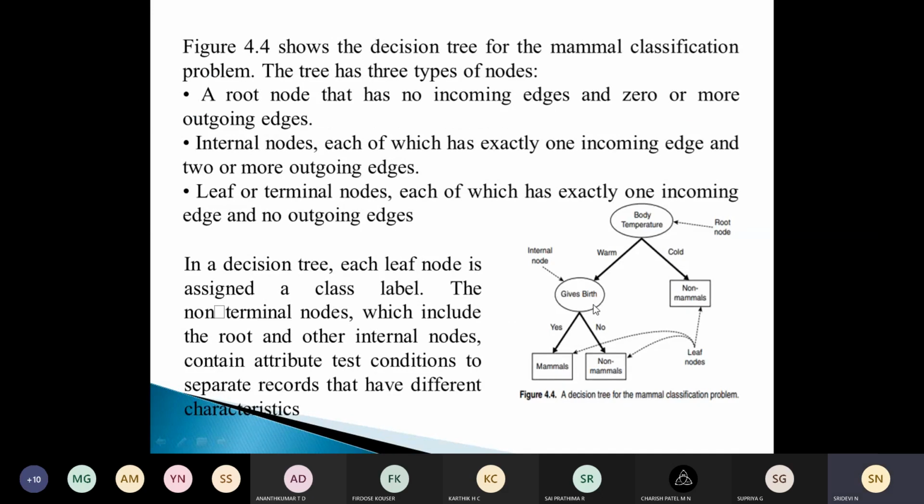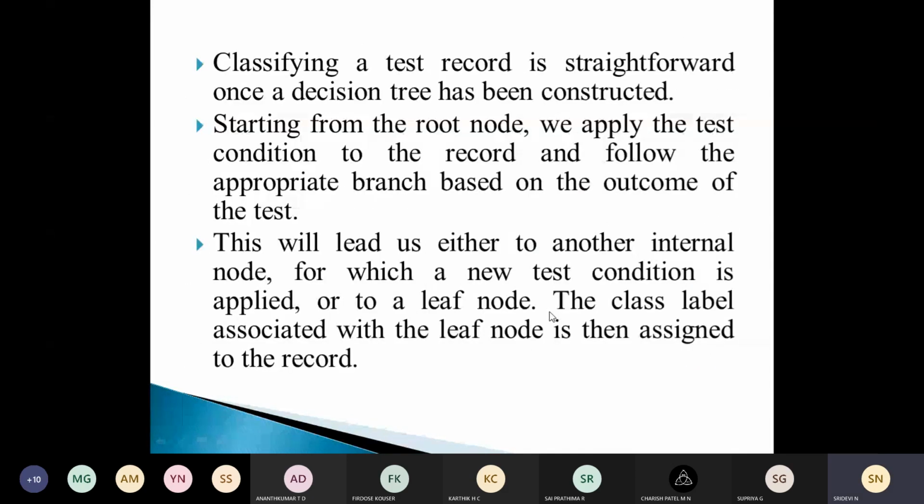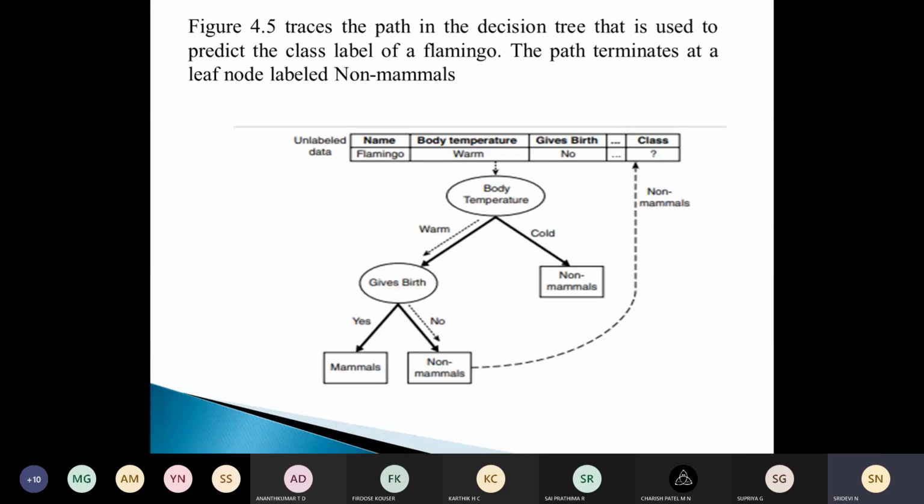So as I said, we'll start moving. As an example, we can take this, where we trace the path of the particular test record, flamingo. If this is the name of a test record, and if we have to find out to which class it belongs, then here we trace the path in the decision tree to find the class label of a flamingo, and according to this it is warm. After that tested